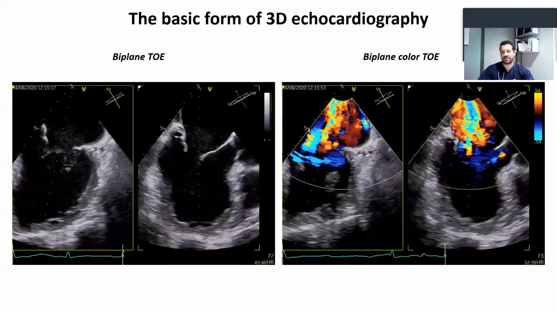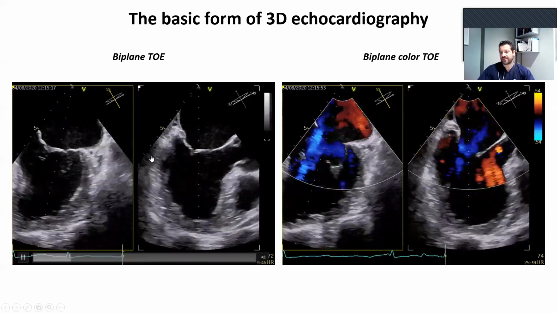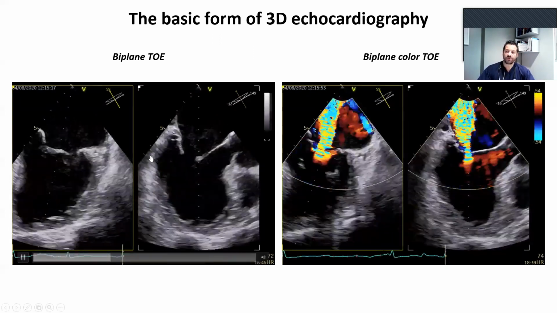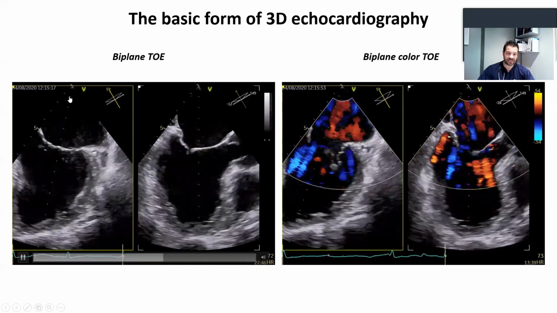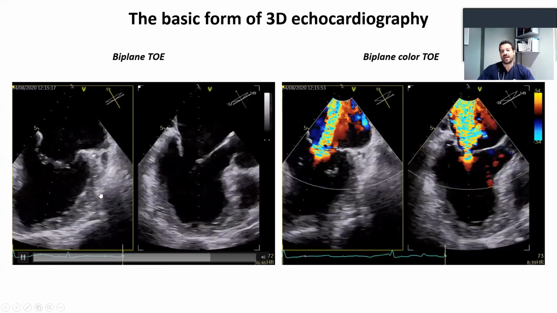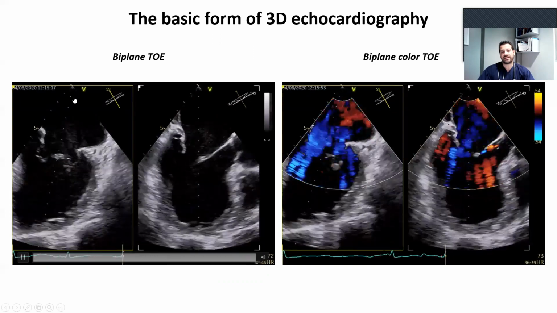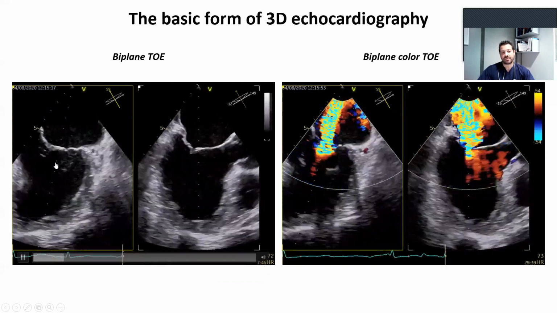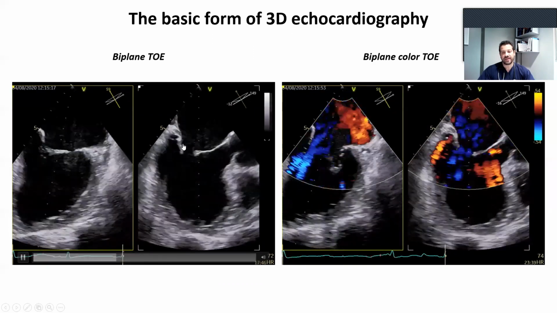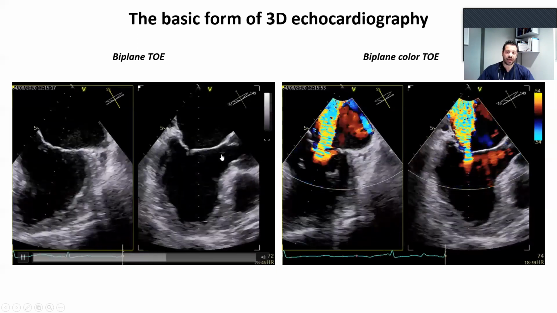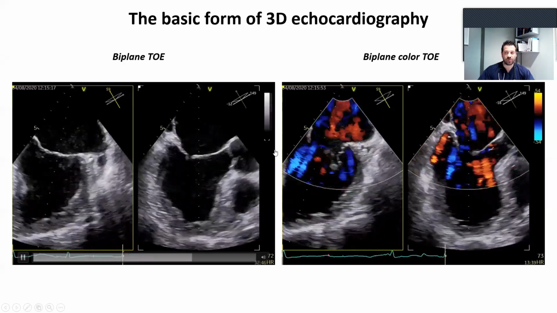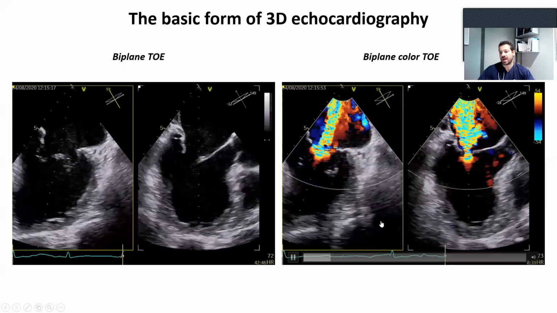The basic form of 3D echocardiography, we have to remember, is the biplane views, views that have 90 degrees difference between them, and this is the first form of 3D echocardiography, because we can at the same time appreciate structures. Here, for example, we take the views from the central part of the mitral valve, and at the 90 degrees we can appreciate the A2, P2 scallop,